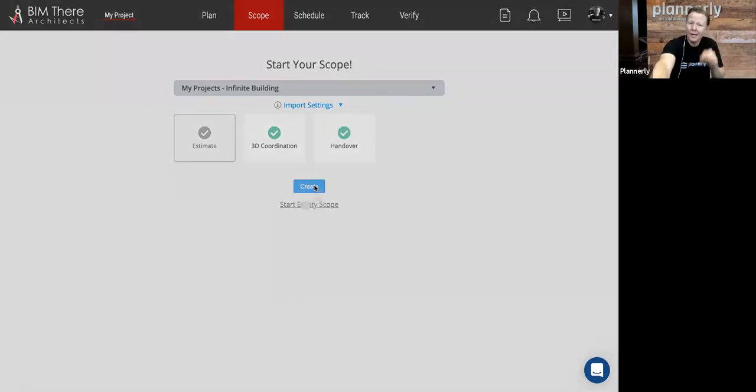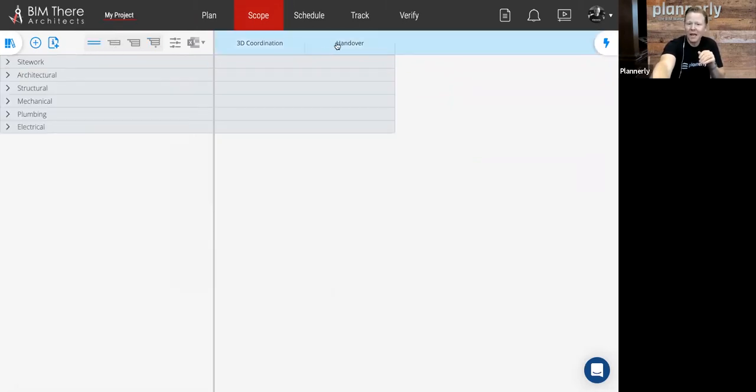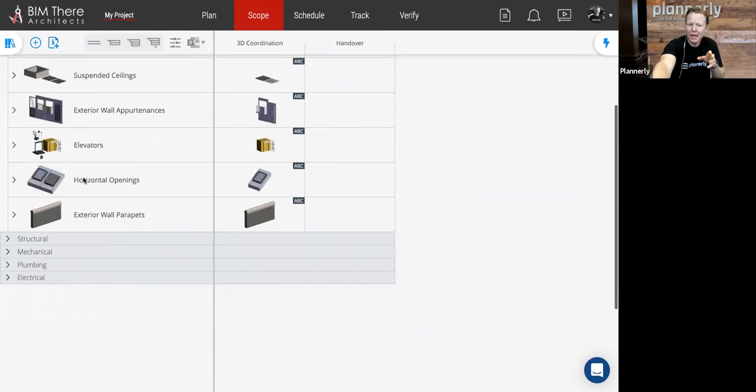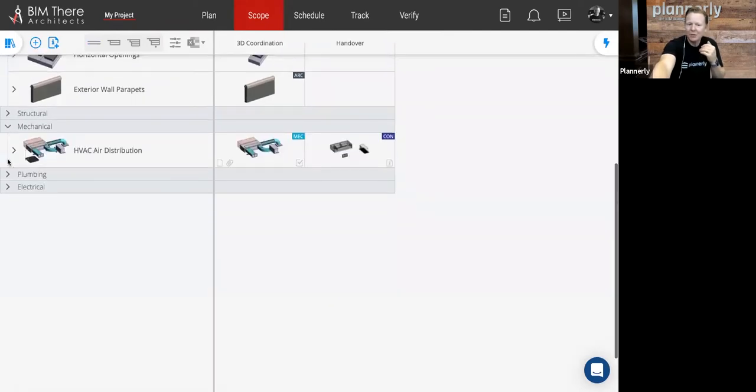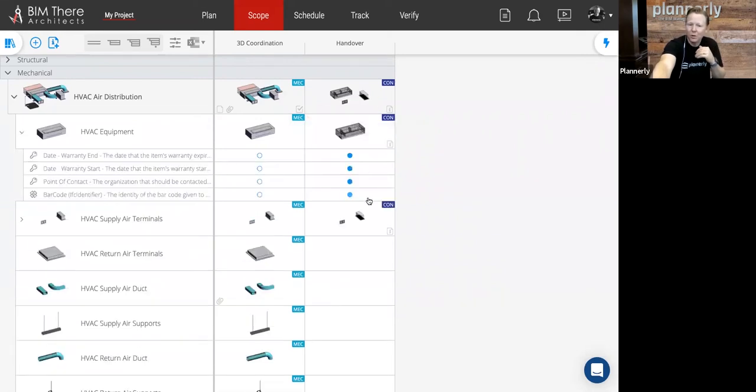And then when you create that, you're going to be creating just the elements and just the tasks that you are looking to use in your project. So this will create us a full scope automatically for the 3D coordination and the handover. It will be detailed out into everything that's required from each of the trades at every point in time, even down to the handover model for the owner, and at handover needing some certain information requirements for those items.